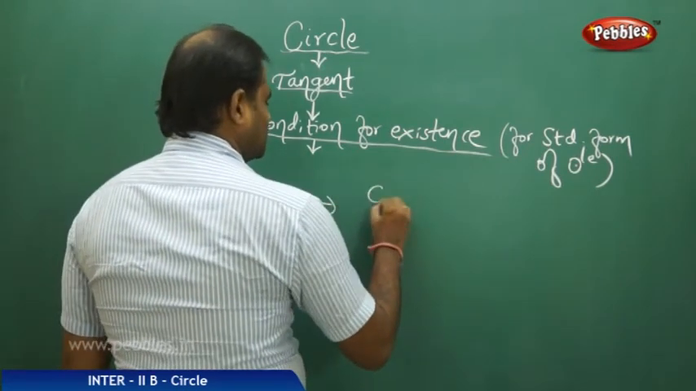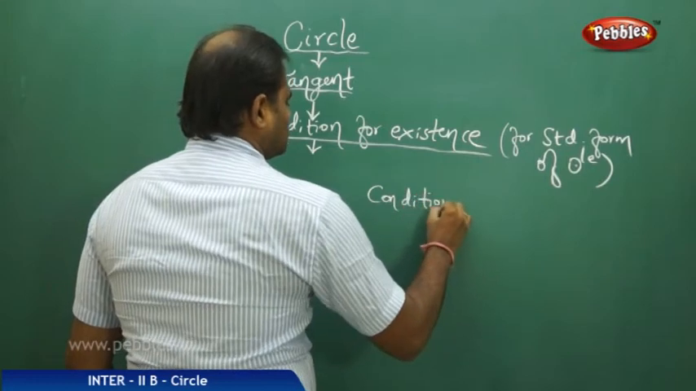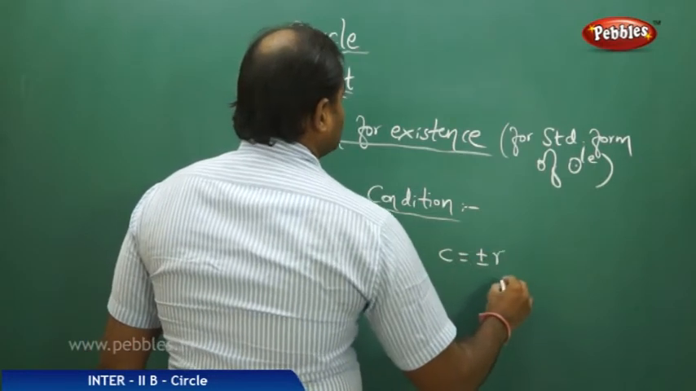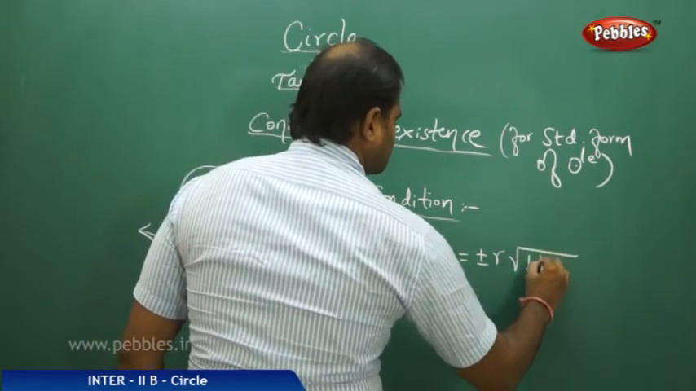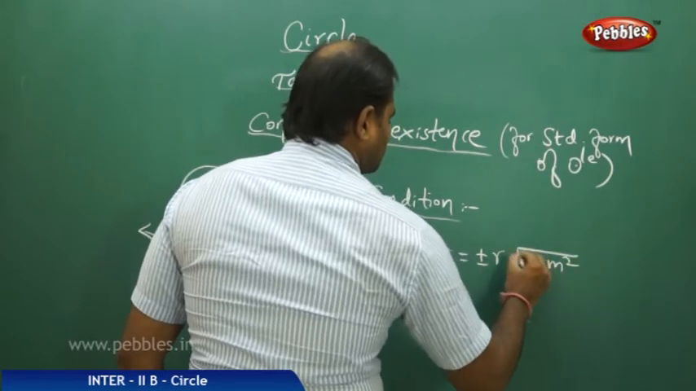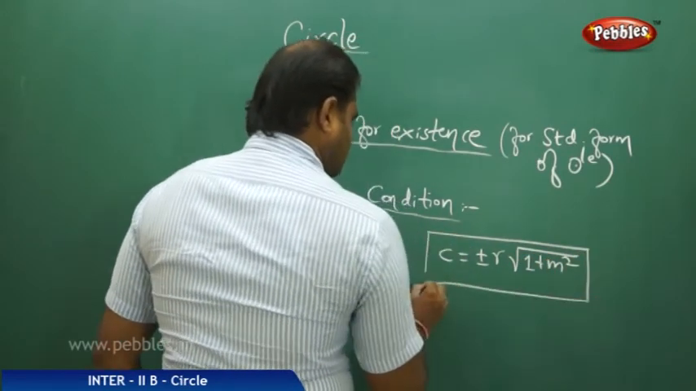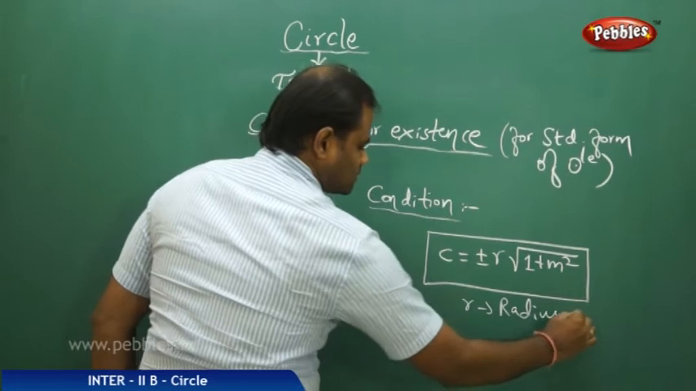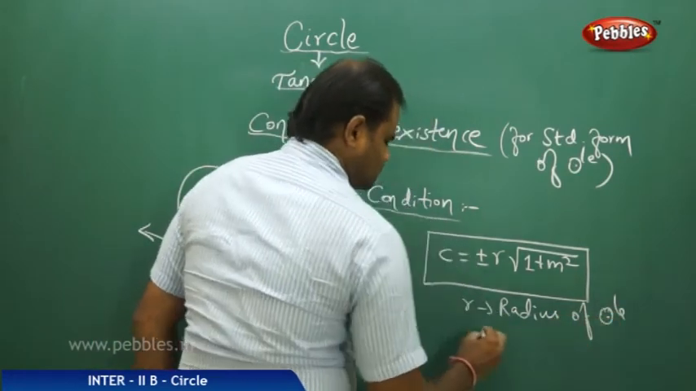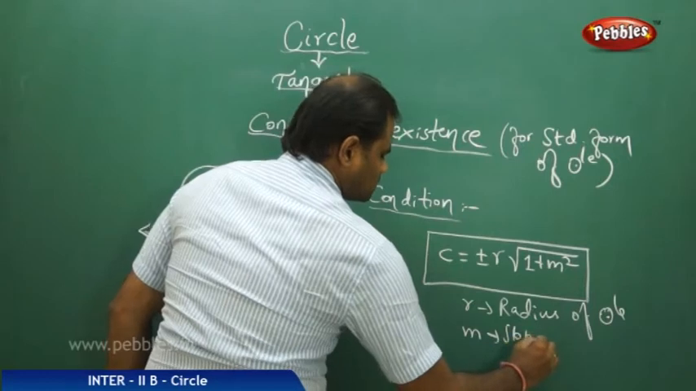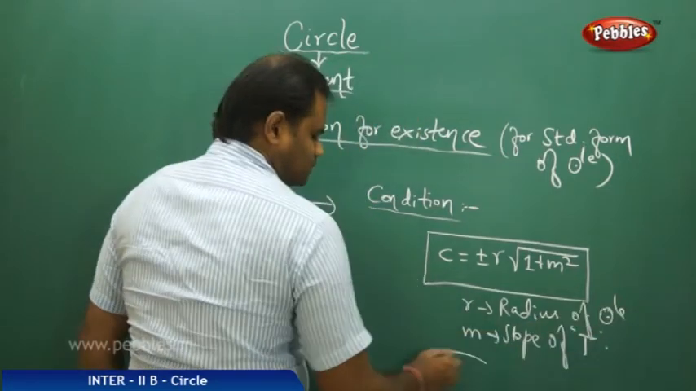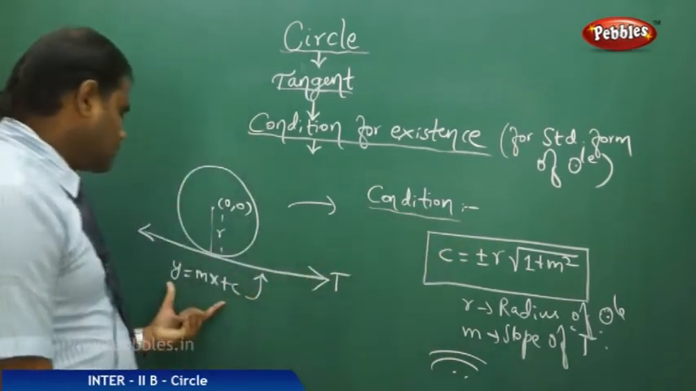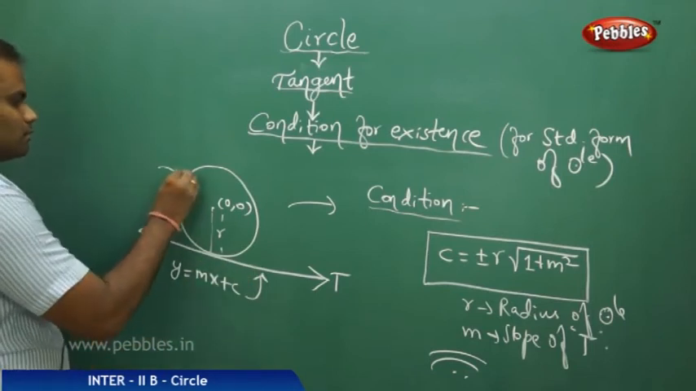So the condition here is that c must be equal to plus or minus r root 1 plus m square, where r is the radius of the circle and m is the slope of the line. This is how we understand the condition for this line to be a tangent to the circle